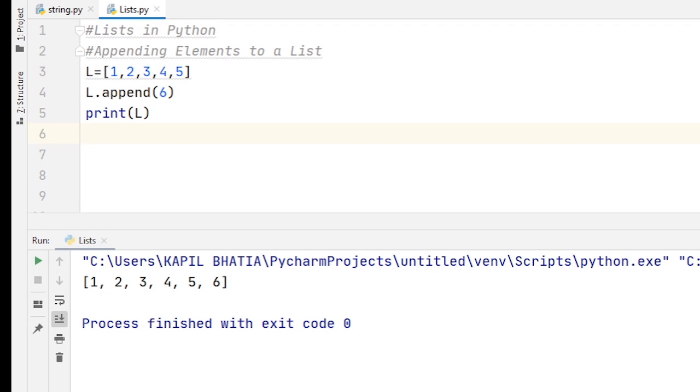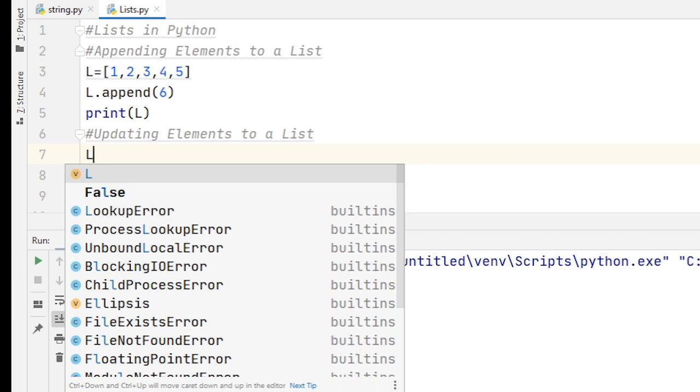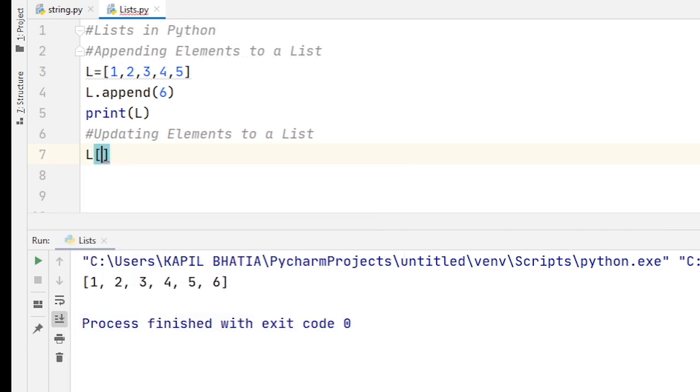Next is updating an element of a list. To update or change an element of the list in place, you just have to assign a new value to the element index in the list as per the following syntax. Suppose I want to change the value of L[2] and the new value is 12.